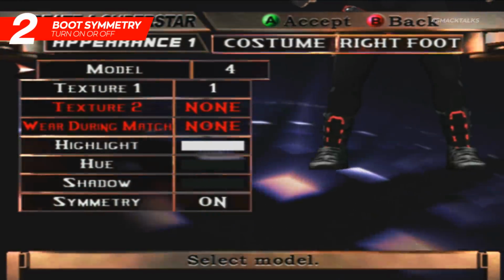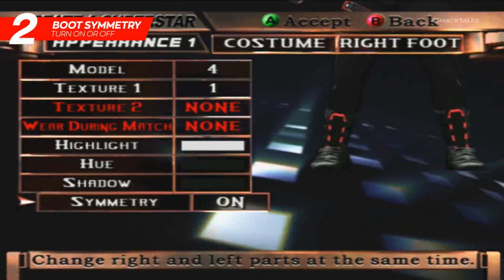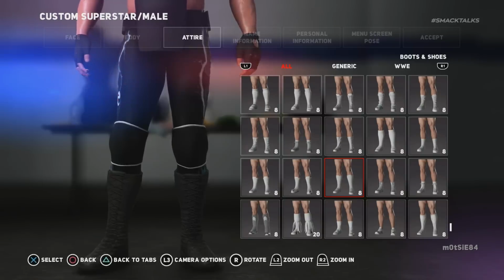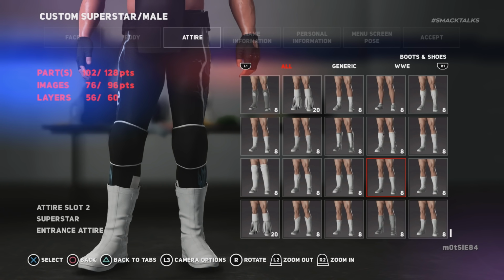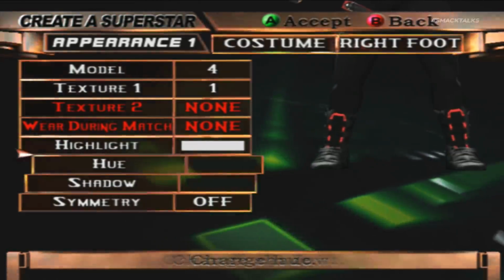Next up, we'll have something that would make for a really useful addition for creators, with the ability to turn on or off boot symmetry. Now currently in WWE games, whenever you choose footwear, the game will apply the options to both the left and right foot, which can be a little bit awkward if you want to have 2 different looking boots, as this just isn't possible. One way to fix this though is by adding the boot symmetry option from the RAW series,